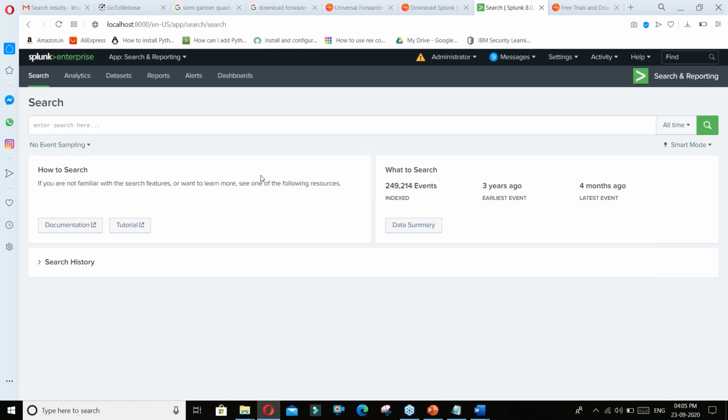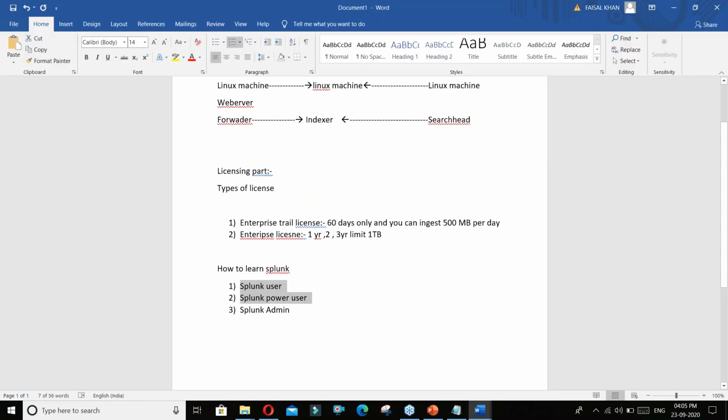At a high level, you will be learning how to write efficient searches, how to create alerts, how to create dashboard reports. There are n number of things, guys. There are lookups, how to integrate threat intelligence data. Everything you will be learning in these two courses.